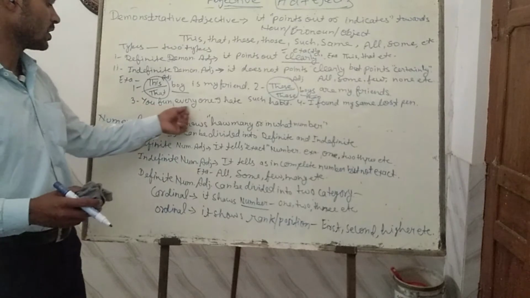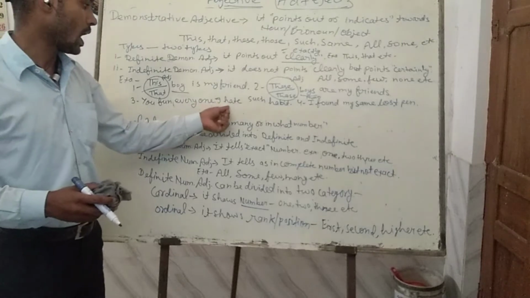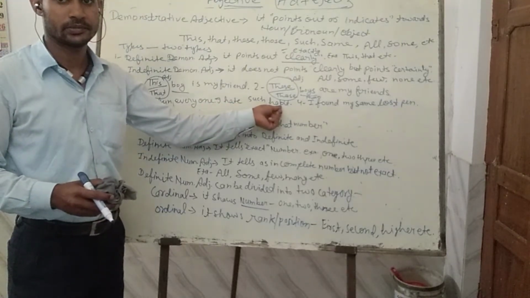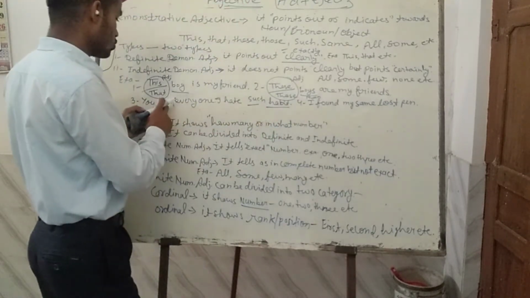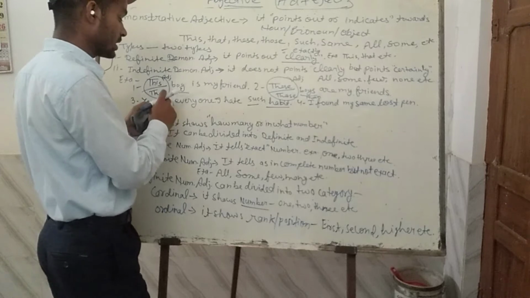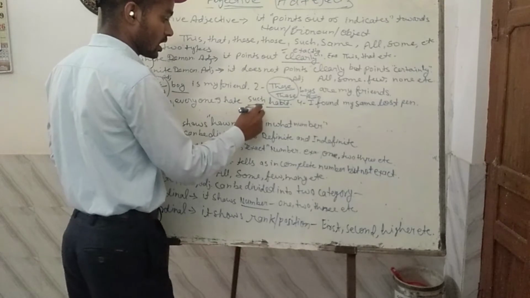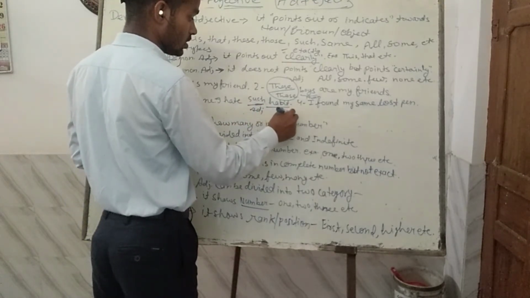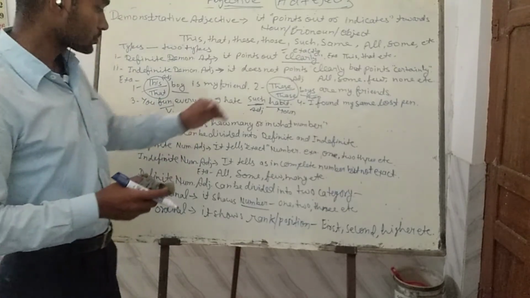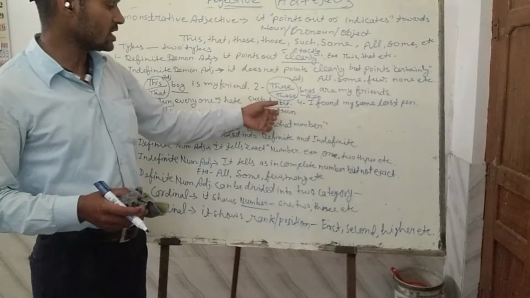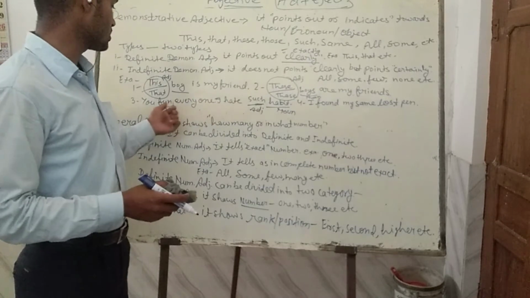In the same way, you make fun of everyone. तुम जो है हर एक का मजाक बनाते हो. I hate such habit. Such habit. Which type of habit? To make fun of everyone. यानी हर एक का तुम मजाक बनाते हो और हर एक का मजाक बनाने की जो आदत है उसे मैं जो है नफरत करता हूँ. So habit is noun. Instead of making fun, fun is verb. This habit noun is being qualified by the adjective such, and such is referring towards the verb fun.